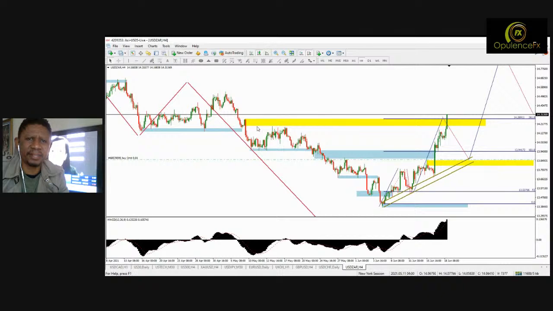There is the supply. This supply is big. Never mind that it's been used; remember, it was used heavily from that point. This is the supply that was used to take the price to the 1338, to the 1340. Now the US dollar is punishing that supply. It says, I will never be in supply. It could even be making it a demand area.